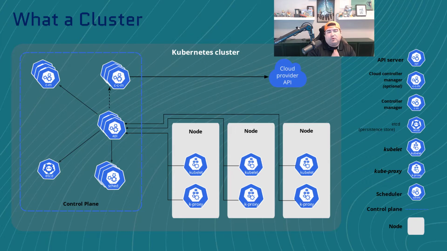Then there's also the kube proxy. This is a network proxy that runs on each node in the cluster. It implements part of our service discoverability concept, right? This maintains all of our network rules on the nodes, and then these network rules allow for communications to the pods from network sessions either inside or outside of your cluster.